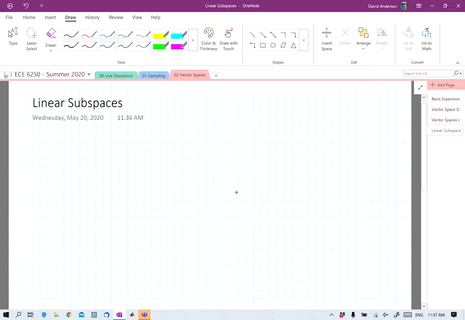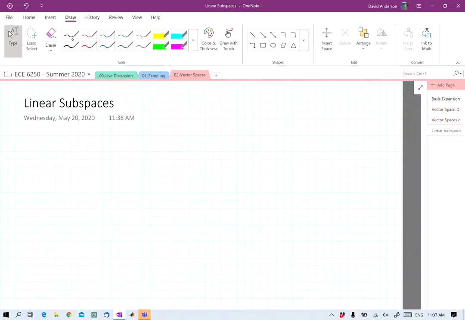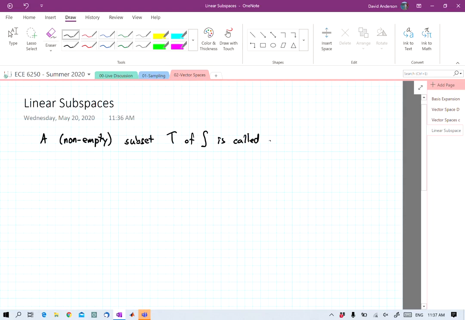So linear subspaces are made of a non-empty subset T of a vector space S. It's called a linear subspace of S